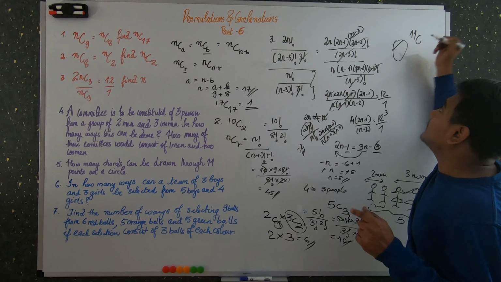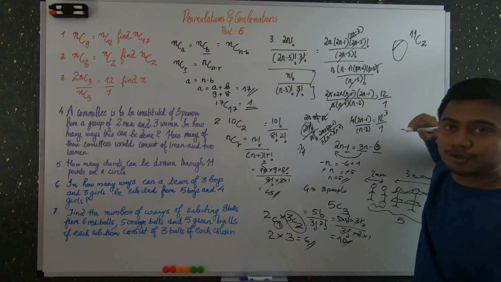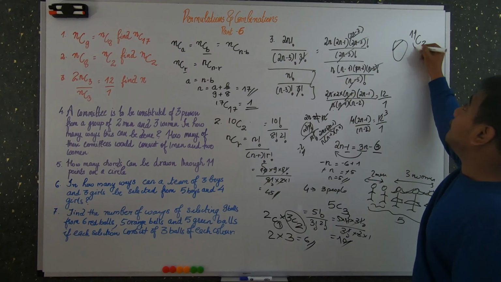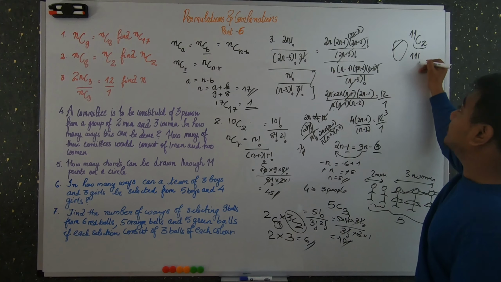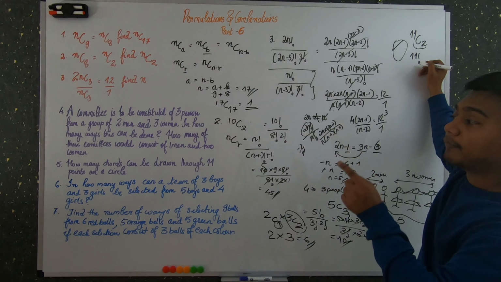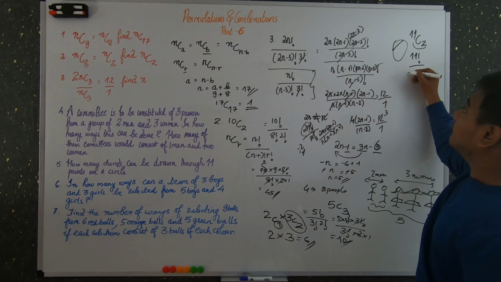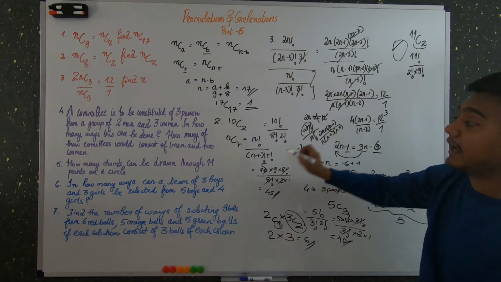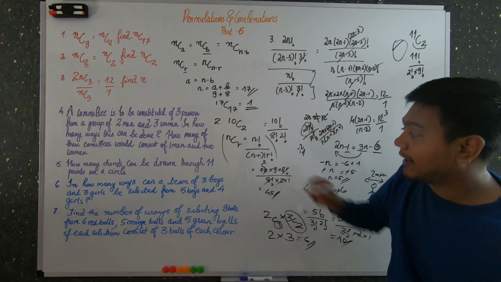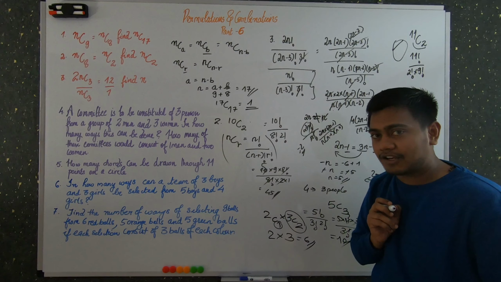2 points, that is 2 ends. So 11C2 is the number of combinations possible for the number of chords that can be drawn. So you can find it as 11! divided by 2! into 9!. I am not writing all these formulas again. Always remember, this is the formula which I use for doing combination.